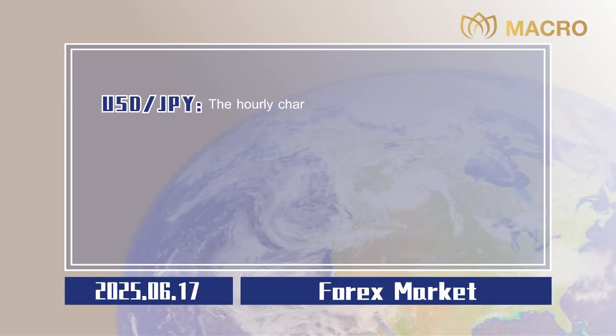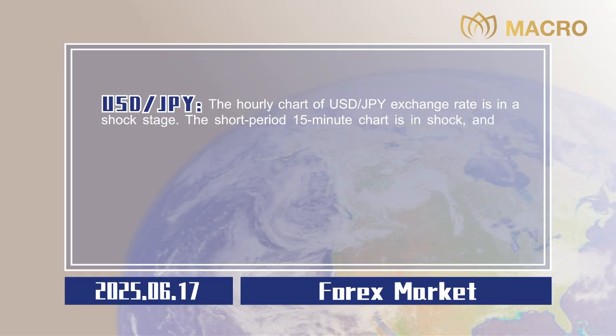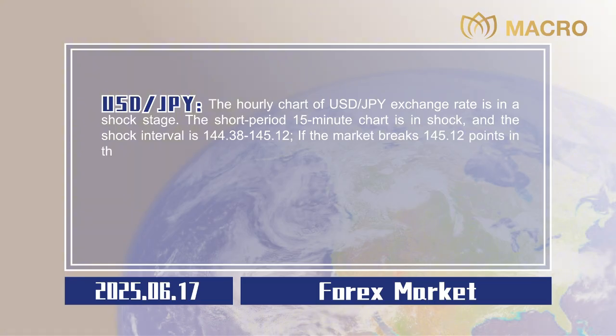The hourly chart of US dollar to Japanese yen exchange rate is in a shock stage. The short period 15-minute chart is in shock, and the shock interval is 144.38 to 145.12. If the market breaks 145.12 points in the afternoon, you can intervene in multiple orders, and the upper target can be seen at